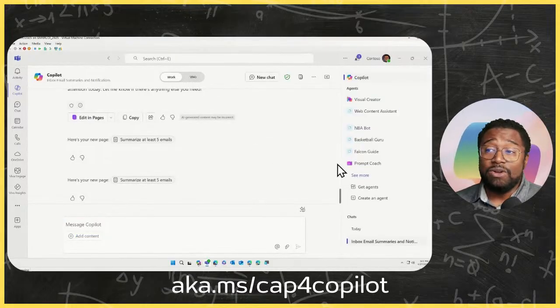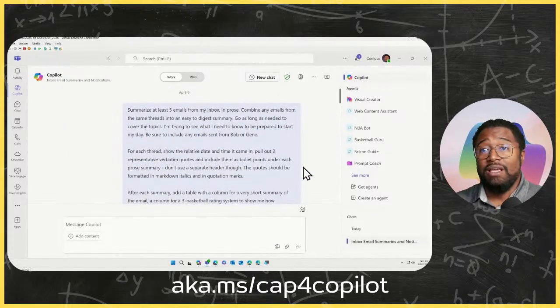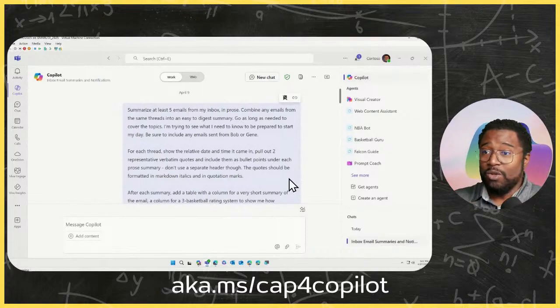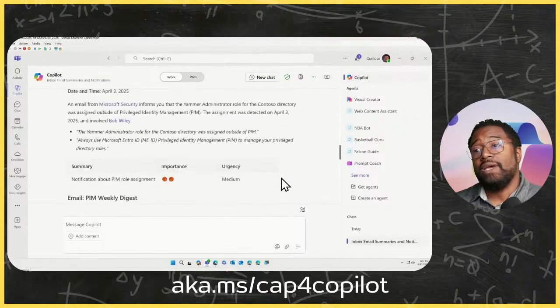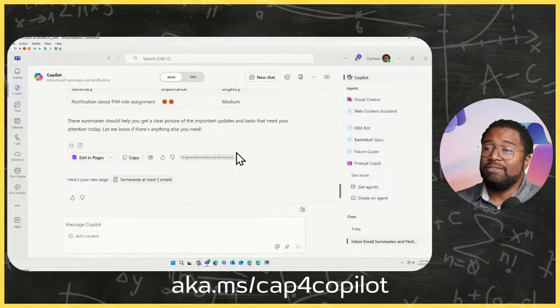So again, if I was starting my day with this, it could just be a few clicks, right? Go to the saved prompt, fire it off, then a click to get it into a loop page, or to copy it and then paste it somewhere else. Okay, so pretty nice results from that big, massive prompt.